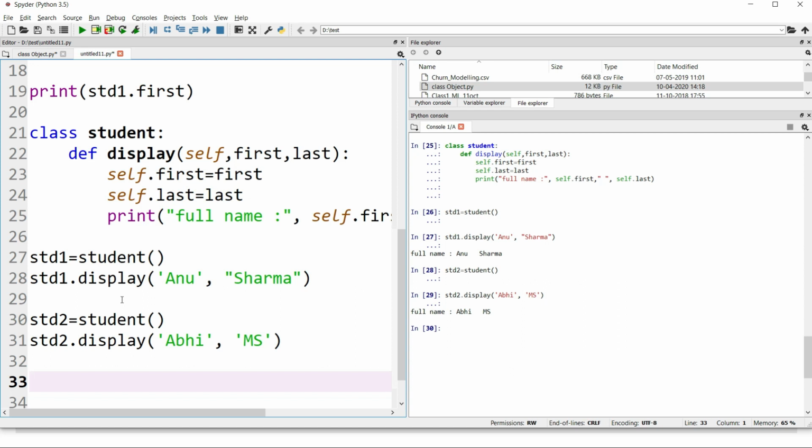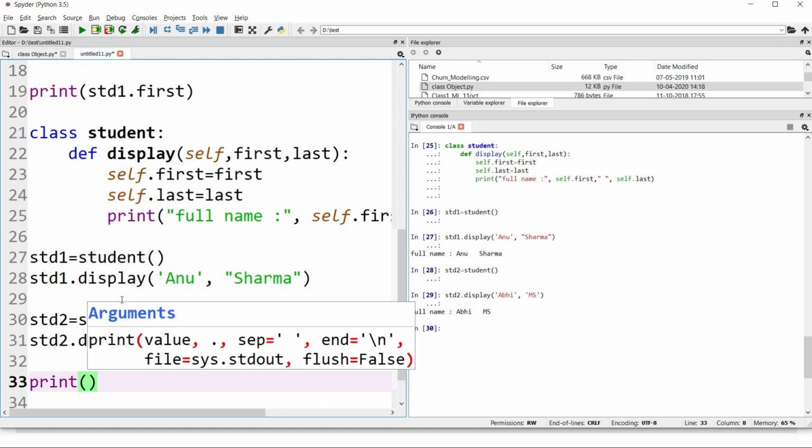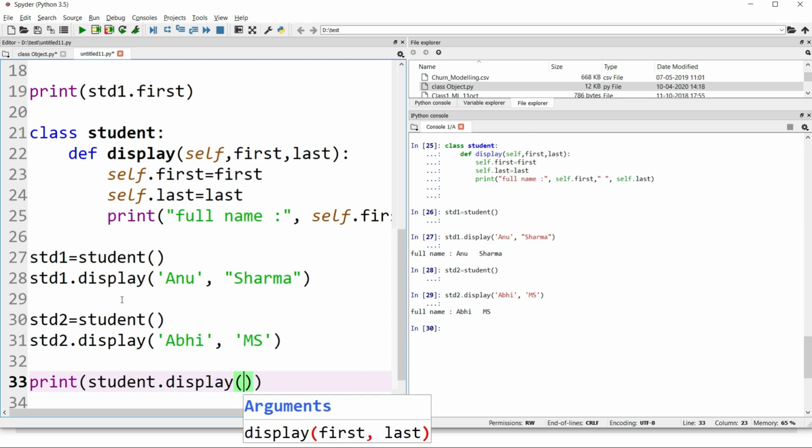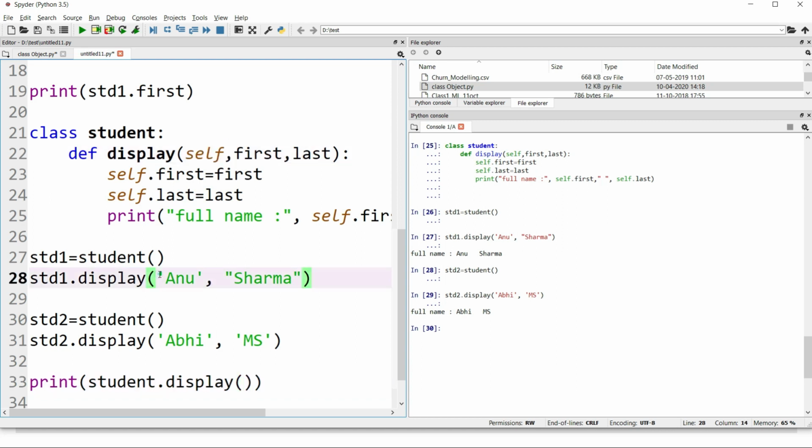Now, okay, there is one more way of calling this particular method defined in the class, by using the class name directly. How can you do that? Let me show you. It's very simple. Use the class name Student.display, the method, and of course you have to pass the object name also this time. This time, rather than passing self, earlier you were not passing the self argument over here.